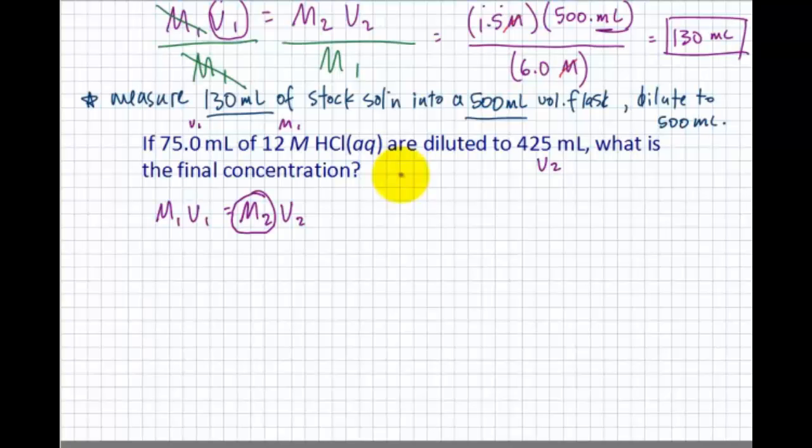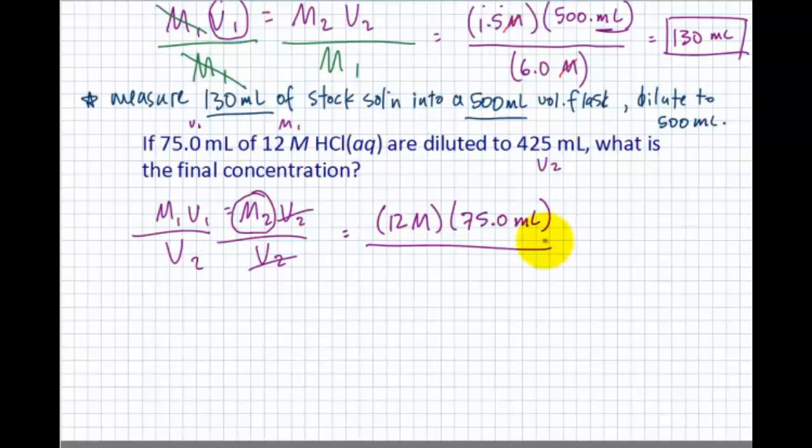Also make sure that the variable that you're missing happens to also be the variable that you're asked about. What is the final concentration? Well, we should be solving for M2. In this case, I'll divide both sides by V2 in order to cancel it over there. Substituting in, we'll have to do M1, 12 molar, times V1, 75.0 milliliters, divided by V2, 425